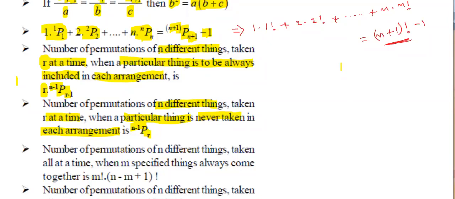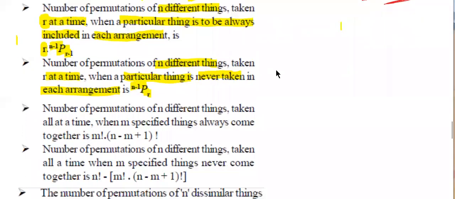In the previous class, we completed the fundamental principles of addition and multiplication, permutation definitions, types of permutations, linear permutations, circular permutations and some formulas. See here, the continuation part, these formulae. Third formula: the number of permutations of n different things taken all at a time when m specified things always